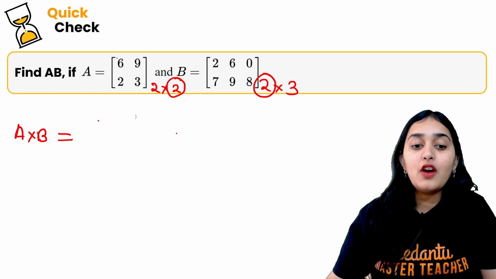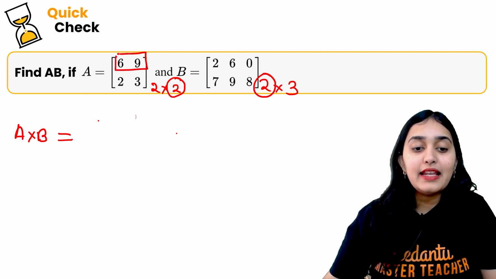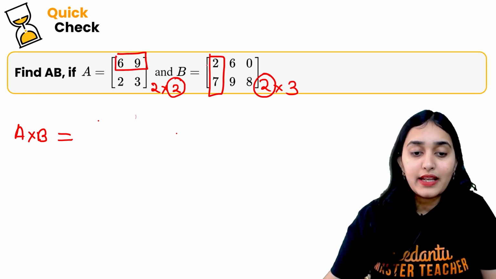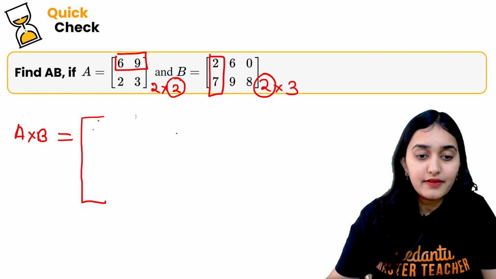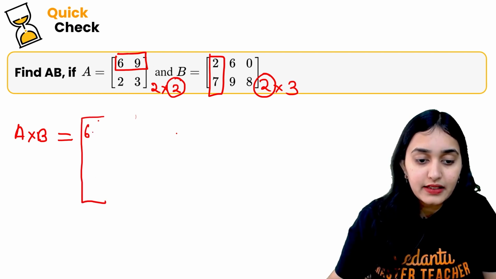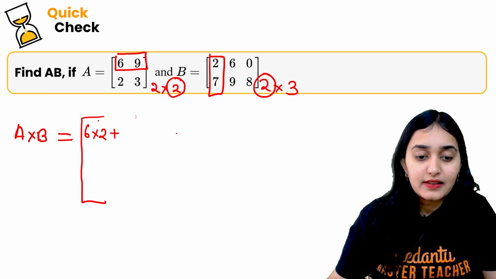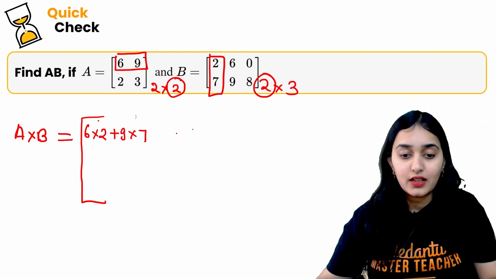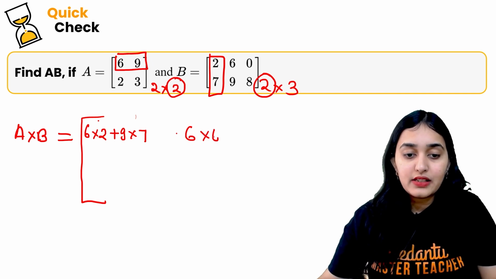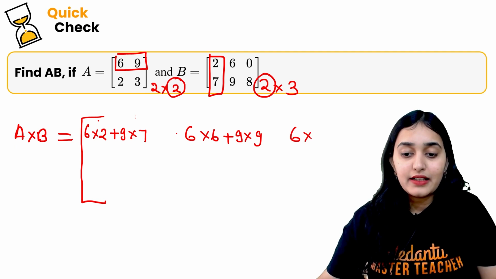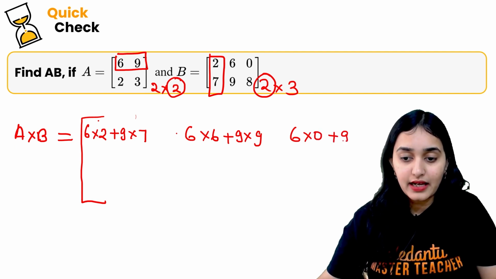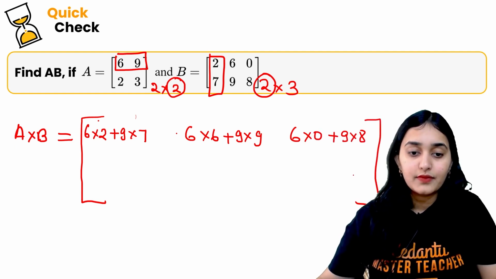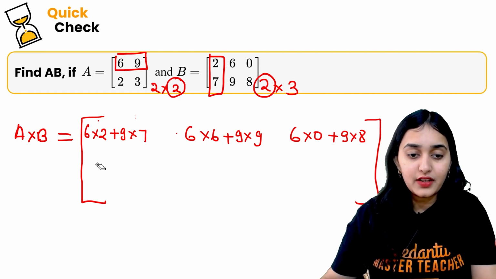So, first what we will do, 6 and 9 multiplied with 2 and 7. So, here we have 6 into 2 plus 9 into 7. Like this you are doing the multiplication. Then 6 into 6 plus 9 into 9. Then 6 into 0 plus 9 into 8. Okay. After that,